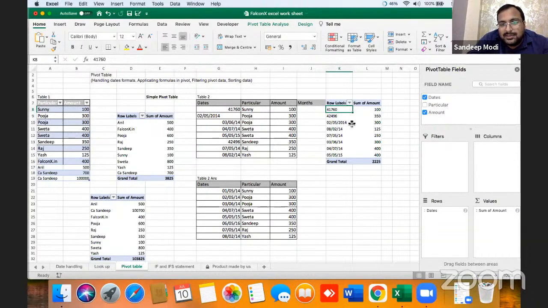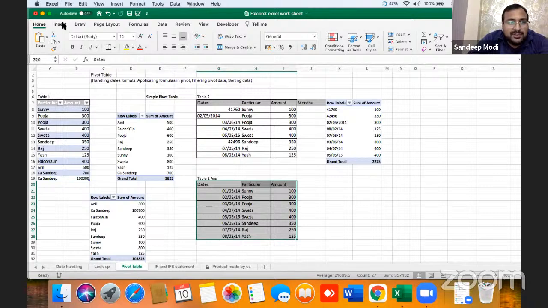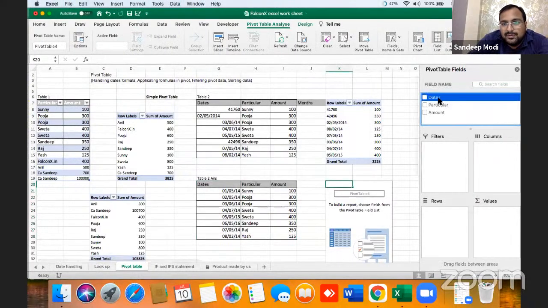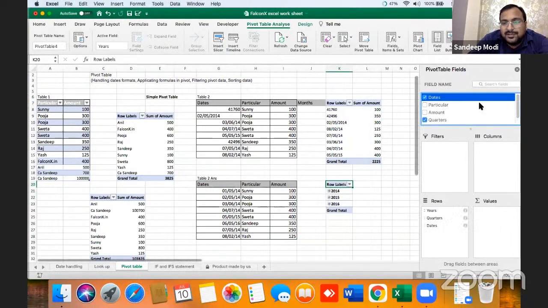But I don't think that is the right method. Here I have just rectified the date, which we have learned. Now let me insert a pivot. Okay, and here we go. Now see the magic.